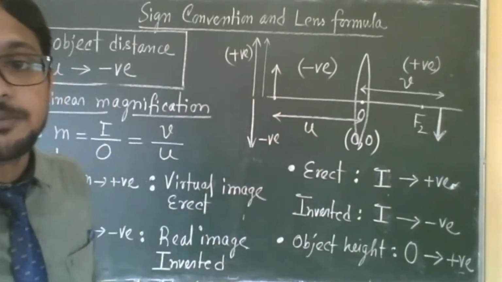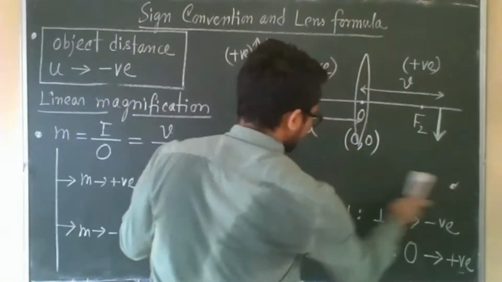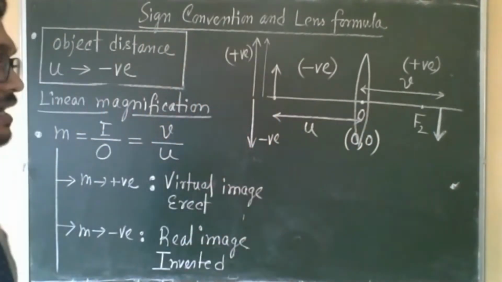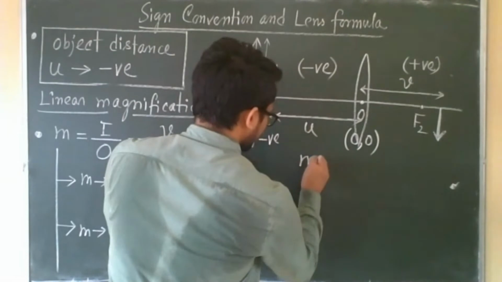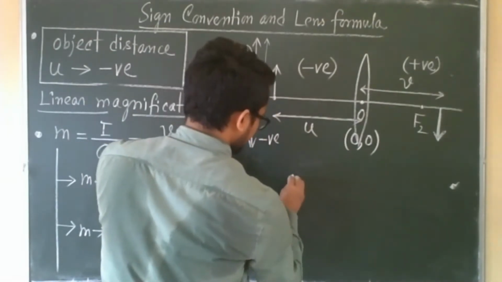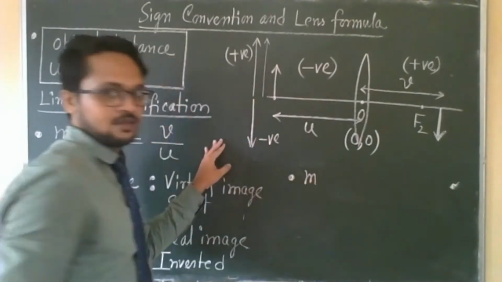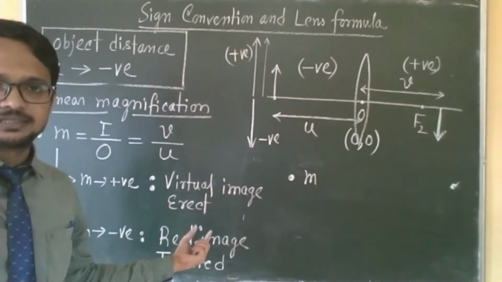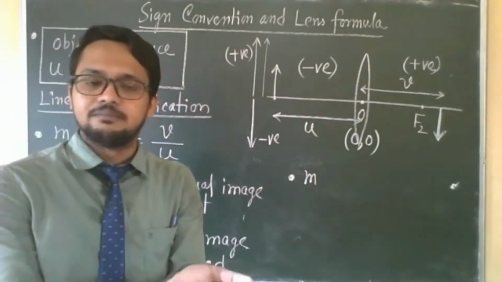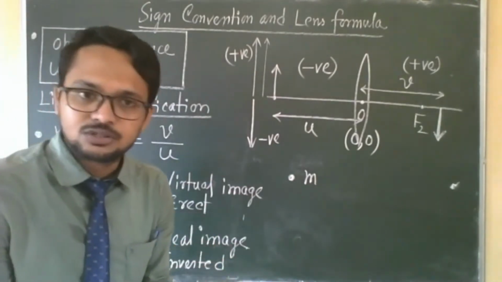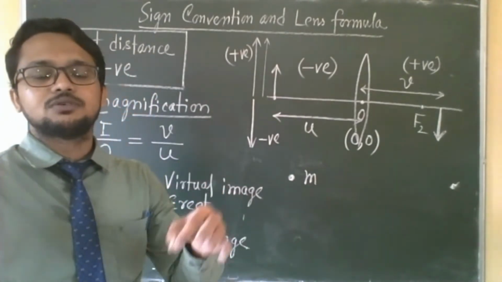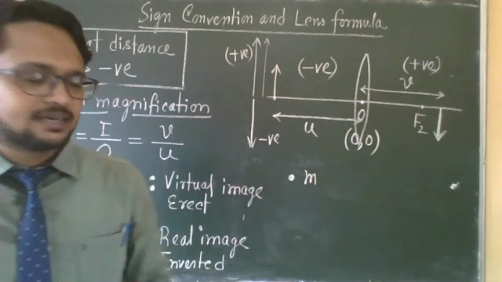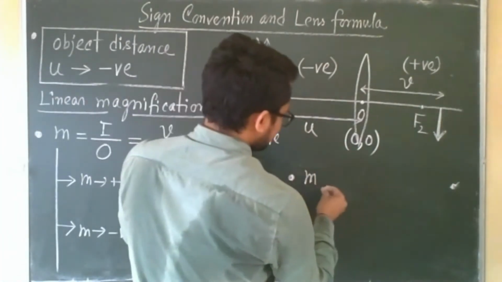Now, how to write the third property, whether it is magnified or diminished? The third property you can write from its value. So M, magnification. We will take the magnitude, only the number will change. From the sign we can write two properties. Now come to the number. Magnification means some number, either suppose +2 or -2, +3, -3, or suppose plus 0.3, plus 0.5, like that. Okay, so we'll check the value.